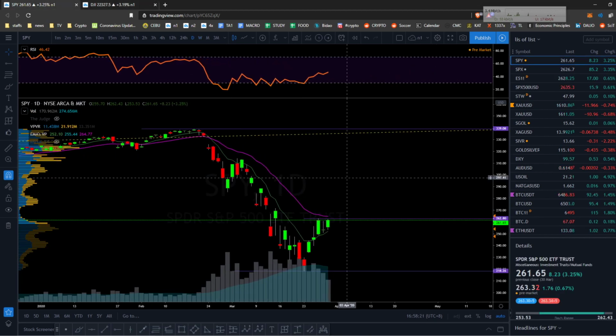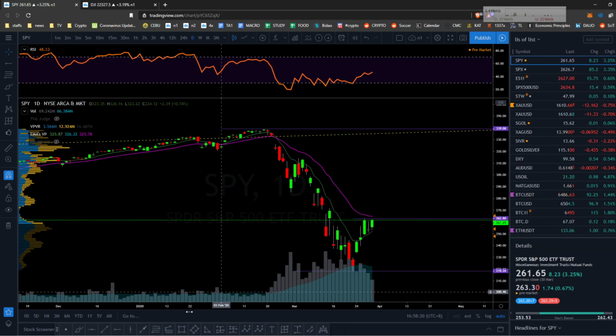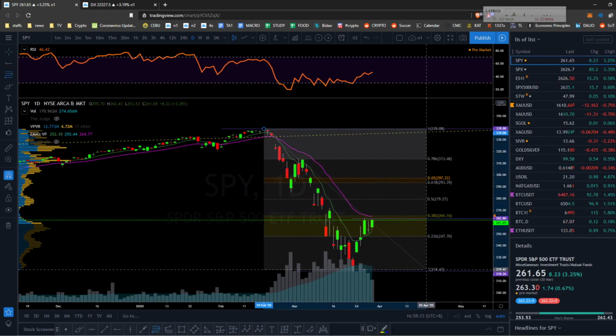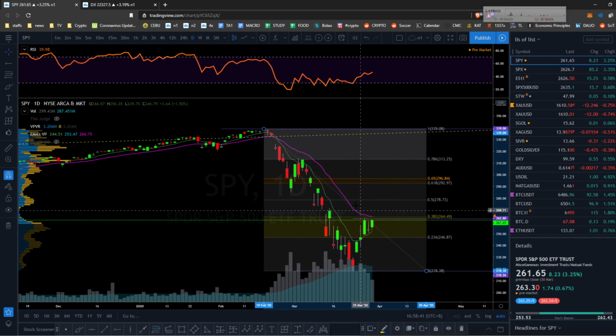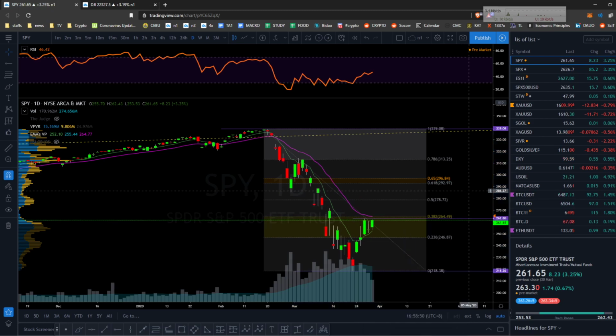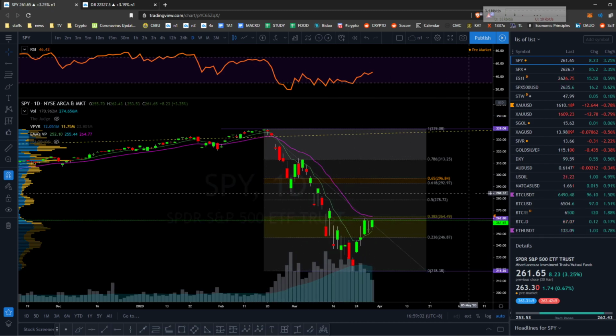So now if we look at the SPY right now, for comparison, we bounced to 0.382, which they call the dead cat bounce. That's the resistance right now, and we also have the resistance of the 21 EMA here. So a lot of people are entering shorts now, and if you combine these two signals with the news on CNBC and all other mainstream media and Twitter, everybody's saying this is the death of the market,